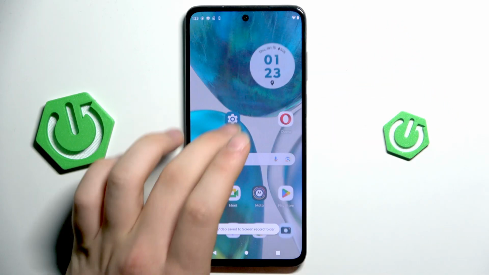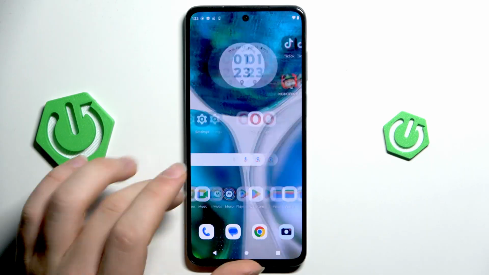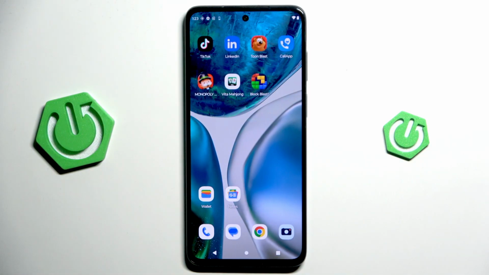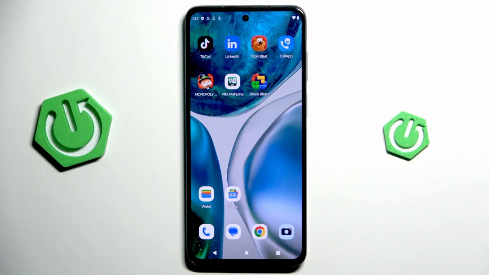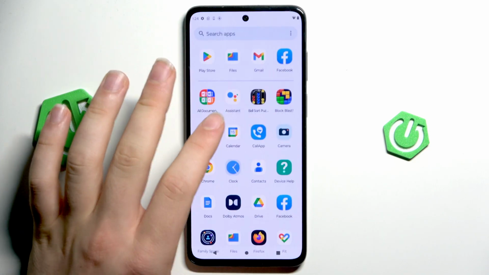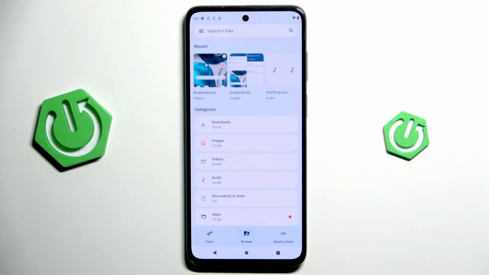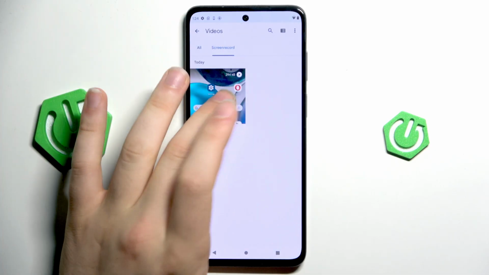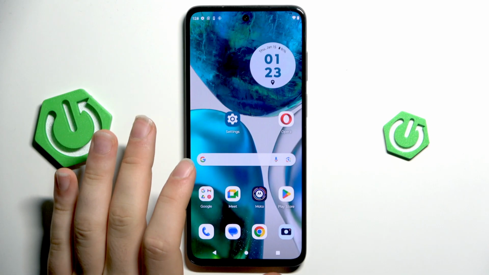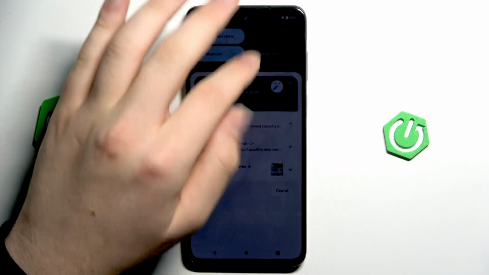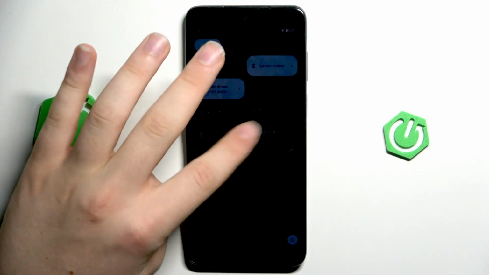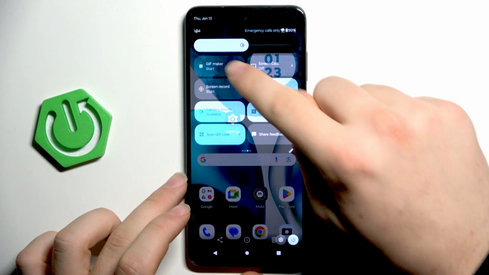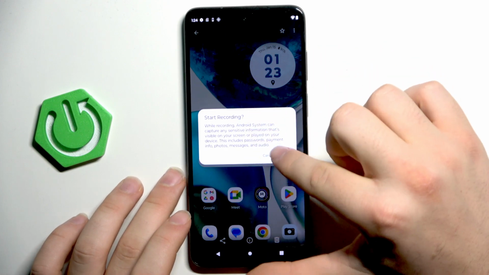Screen record folder. The video has been saved. Let's go there so I can show you this video. To get there is very easy. All you need to do is go to files and screen record. It's here, as you can see, but the screen record is quick because you may have done the same thing, because when we start recording,